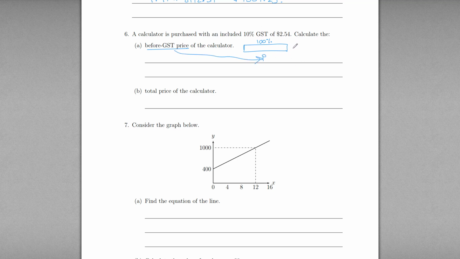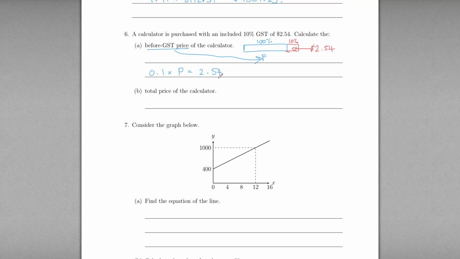Then there was some GST added to it. And we are told a couple of things about this. One is that it is 10% of this original price P. But the other thing we're told about it is that this block has $2.54. Okay. So that means 10% of the initial price was $2.54. So we can write this like 0.1, so 10% of P is